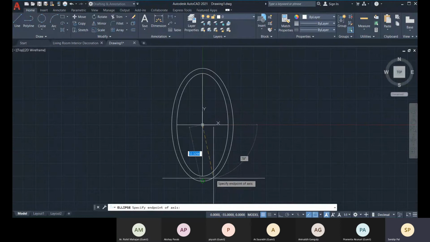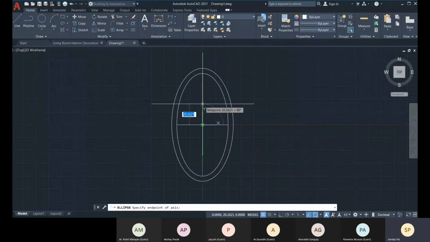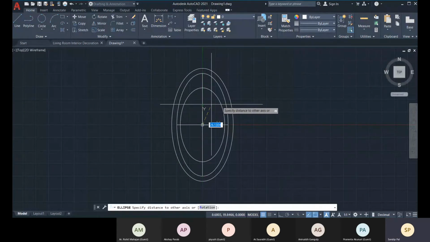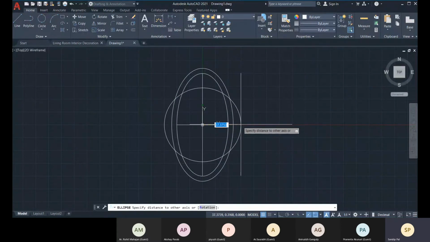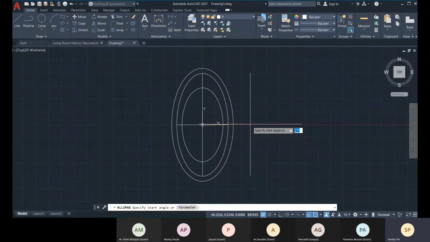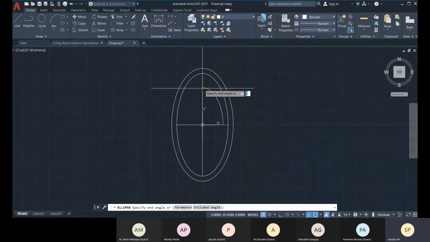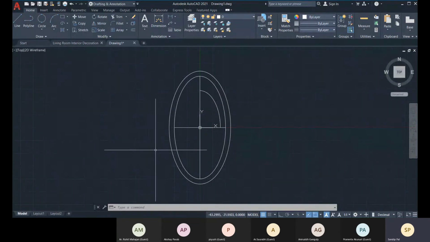Center. Then the first endpoint of your first axis, that can be defined as like 36. Okay, and then here you can define it as 40, in this direction 40, sorry, means 20, only one endpoint, so 20, enter. And what is now the start angle? So this is the start angle, and there you can place the end. So this way you can define elliptical arc.